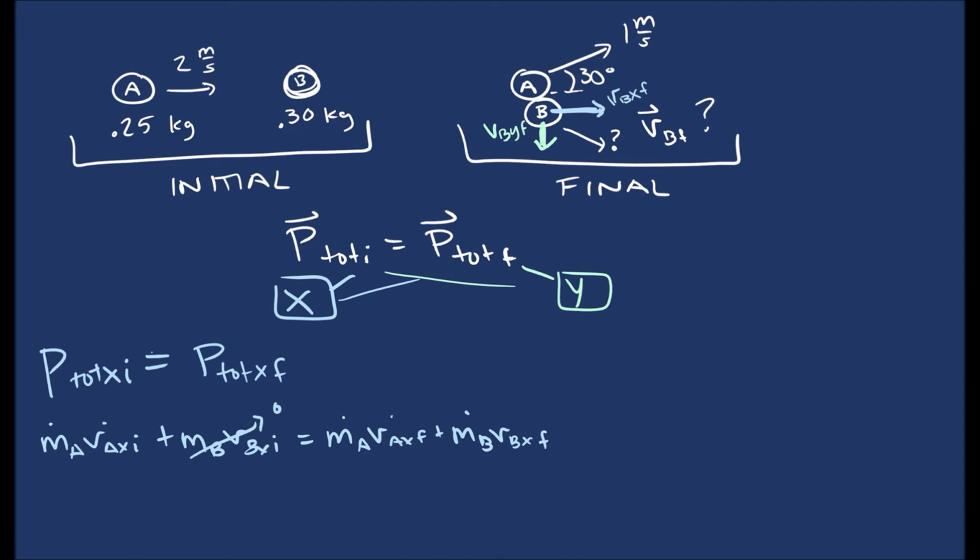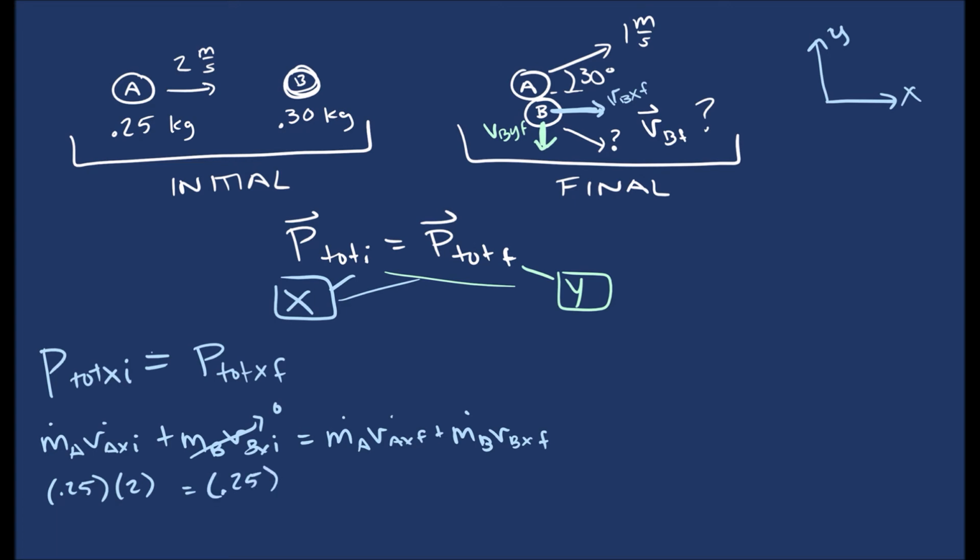So we plug in our numbers. Well, 0.25 times 2. I didn't establish my reference frame again, but let's say straight up on the screen is our positive y, and straight to the right is our positive x. So we have 0.25 times 2 equals 0.25 times